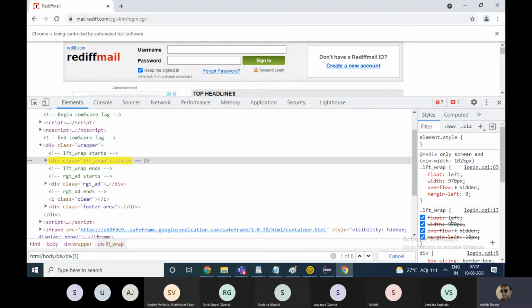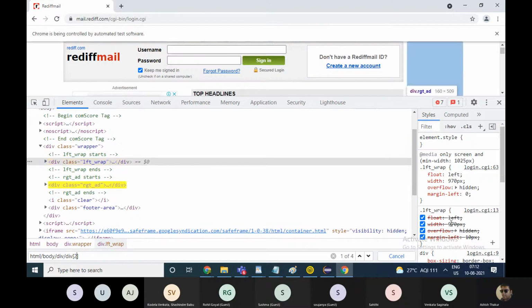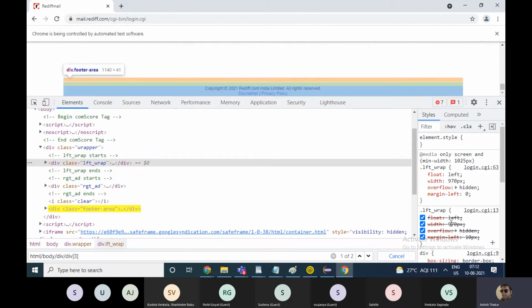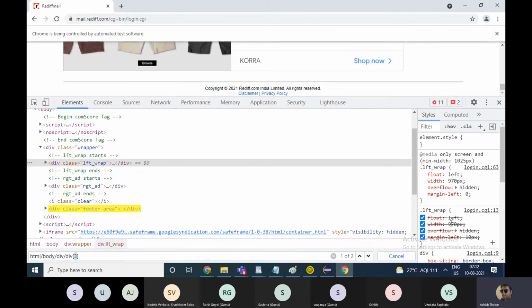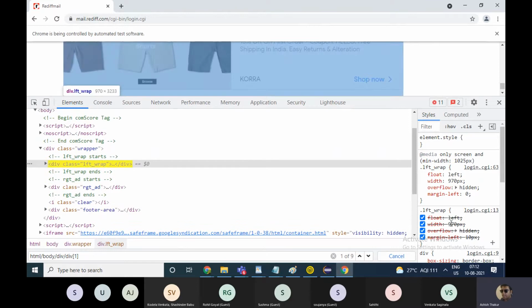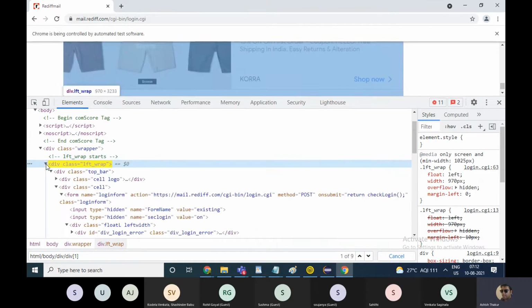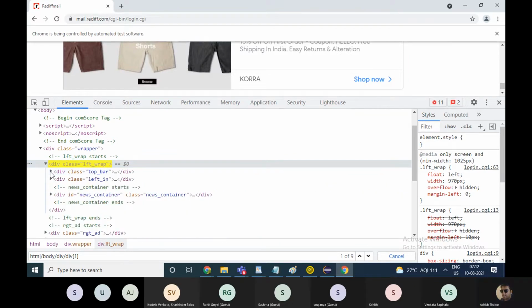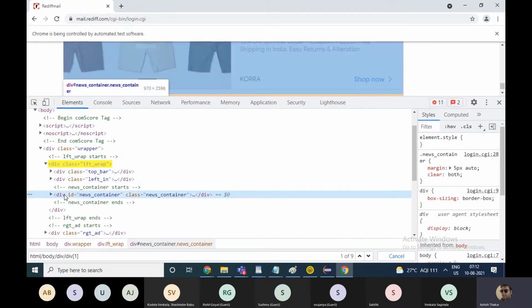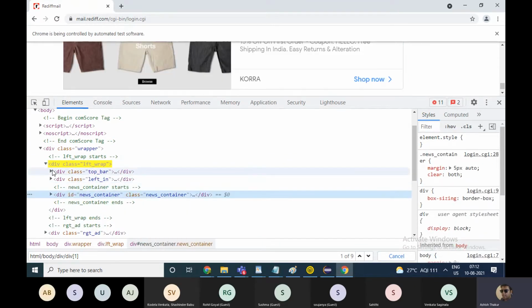If you write div brackets 2, you will go to the second parallel division tag. So these three division tags are not one under another, they are parallel to each other. So I'll write div 1 and you will reach the first division tag. And under this first division, you again have got three division tags and you want to go inside the first one again.